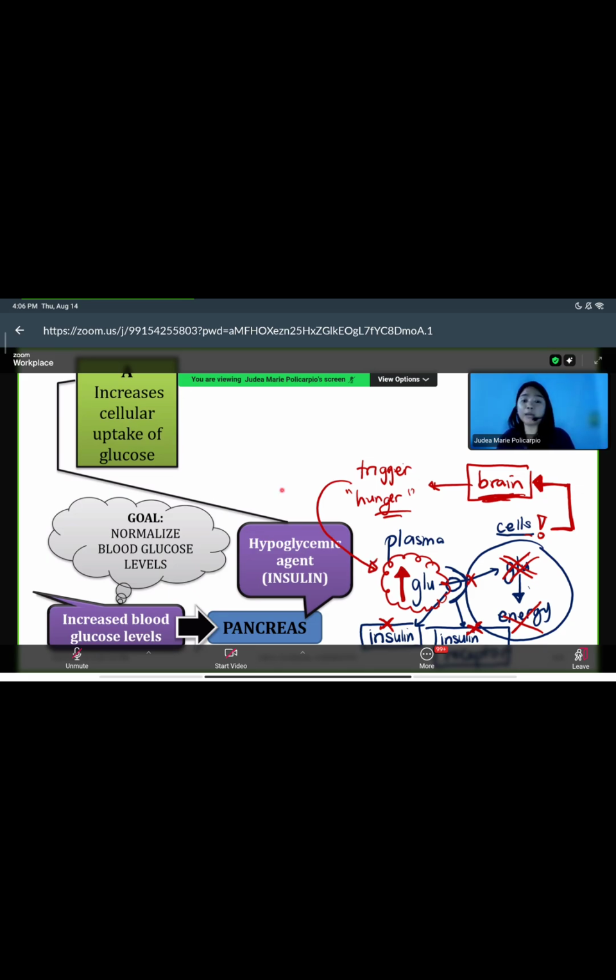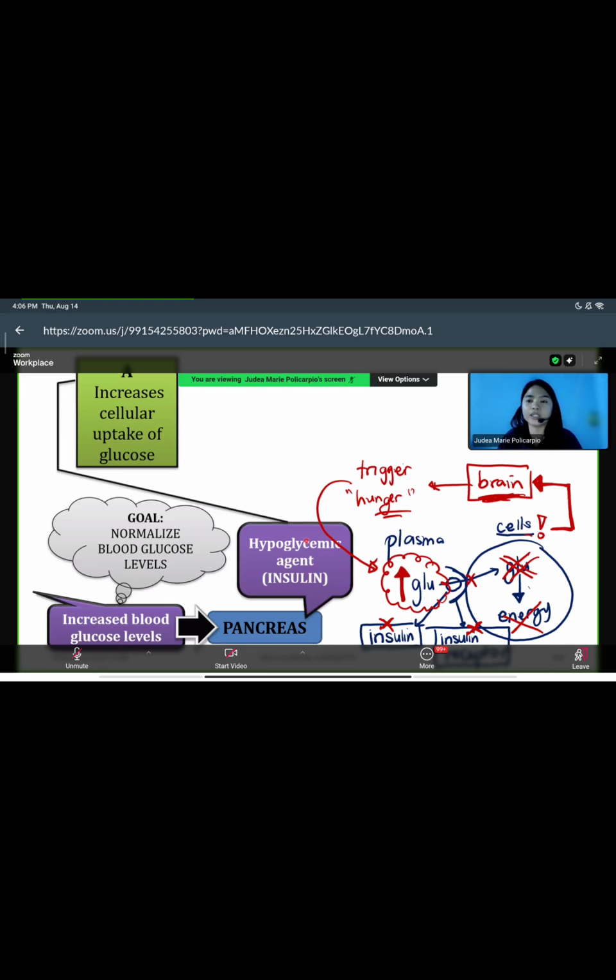Okay, ang problema, marami kang glucose sa plasma. Ang tendency is hindi sila makapasok sa loob ng cell. Kasi nga, either wala kang susi or wala kang pin. Okay, parang gano'n. So therefore, yun pala yung reason behind the polyphagia na kung bakit kain pa rin ng kain